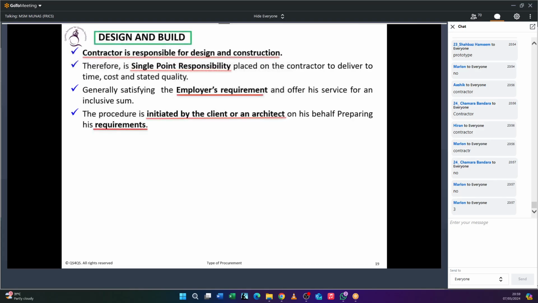So generally, what will happen if you study the NRM1? Okay, it has some more details. There will be a project manager, architect, quantity surveyors, and engineers. They will go and meet the employer, listen to him, and note down all the requirements. Then they will do a feasibility study. Then they will come and say, okay, their report is ready. Then that employer requirement alone goes for a bidding process. So generally, in a tender which goes for design and build, do we have the detailed design?